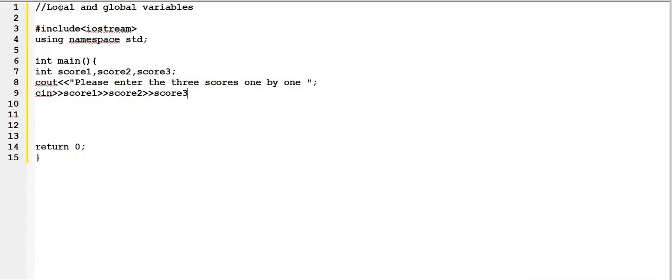Right, so the user gives us 3 scores. You could do input validation, I'll ignore that in this case. Right, so then what we do is